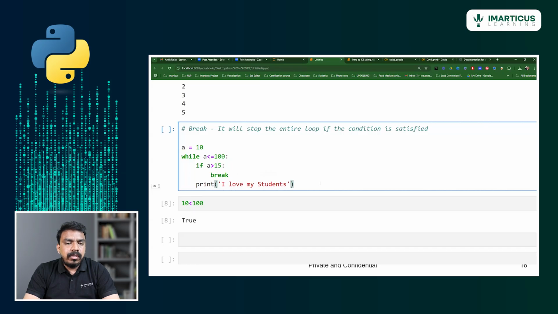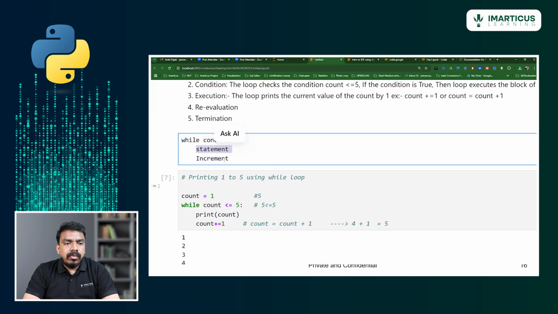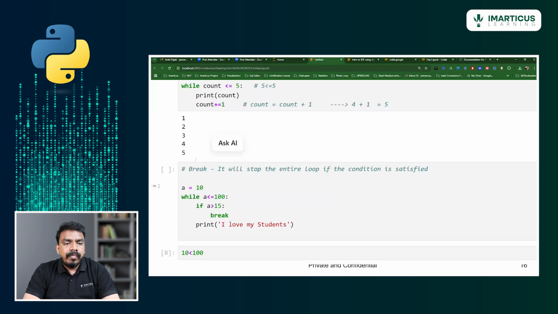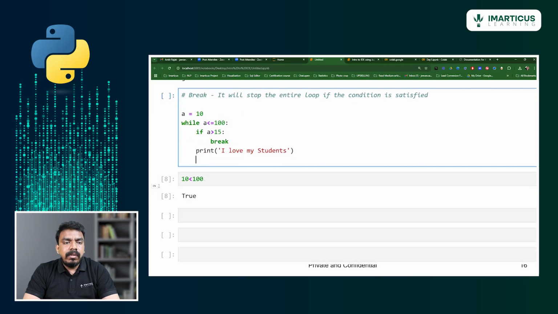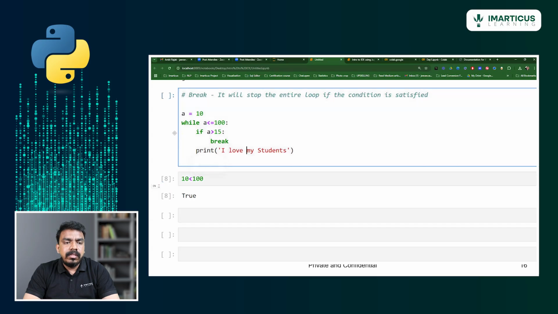If you want to see the number of times it is printed, you can do that. So always make sure that whenever you write this statement, you also write an increment value. What if you don't provide the increment value? Your 10 will always be less than or equal to 100. It will check the same value, and the same loop will keep on iterating. It will never stop the loop, right. So to overcome this, I want to break the entire loop.